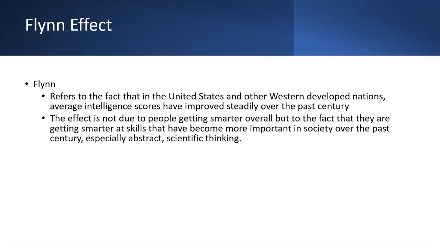Now, this doesn't necessarily mean that people are getting smarter. However, it may suggest something more related to people getting more practice and getting smarter at the skills that are more important in their particular society, especially in verbal, abstract reasoning, scientific thinking, mathematical skills, spatial skills, those sorts of